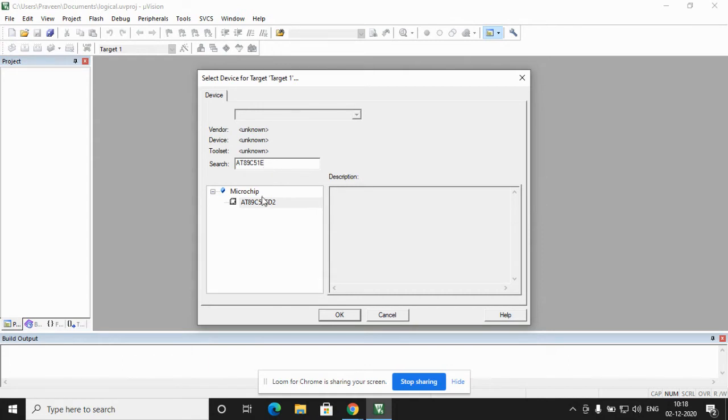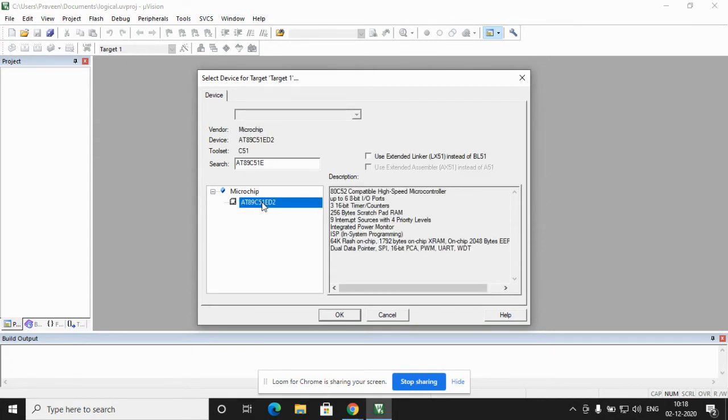So this is the microchip vendor and the device name is AT89C51ED2, which is used for microcontroller 8051 in Keil Microvision software. Using this software, we can execute the programs.